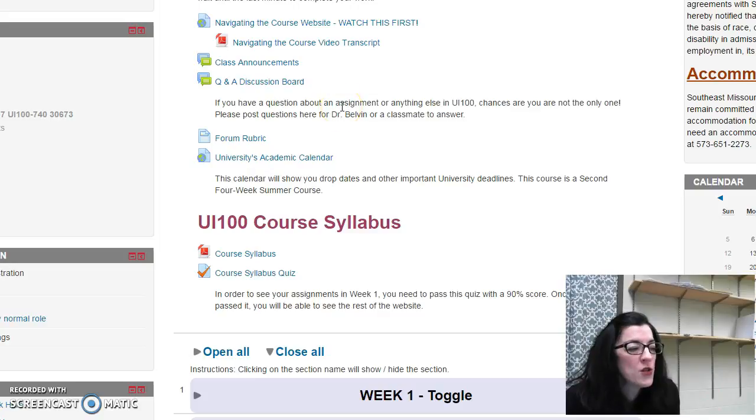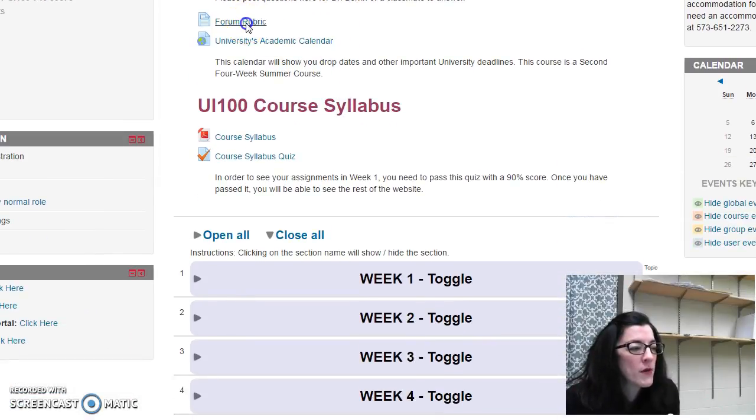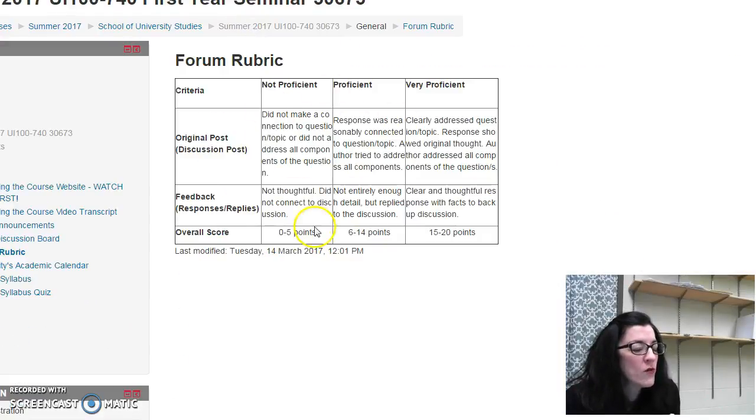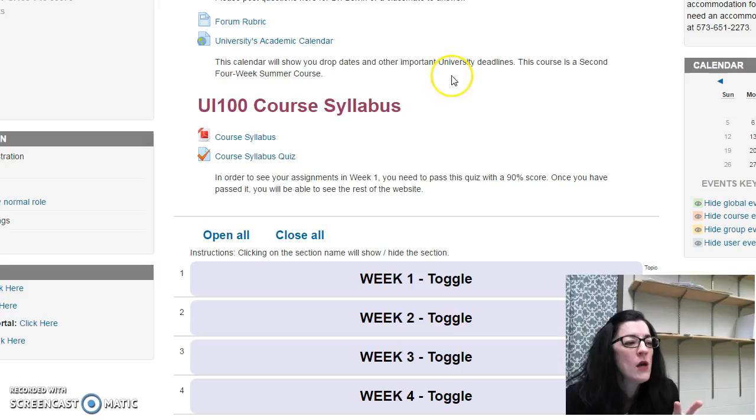I have provided you with a forum rubric here. I would encourage you to look over that so that you understand. It's a guideline on what I am looking for in your forum postings. It's really critical to remember that an acceptable forum posting is not something that's 2 or 3 or